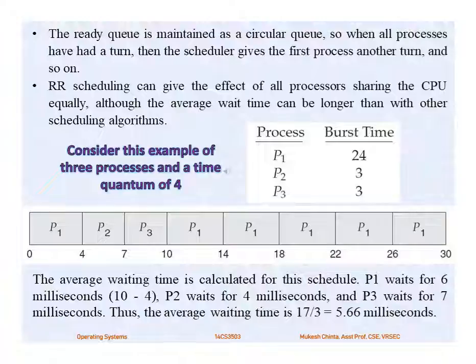So 7 plus 3 is 10, and the remaining process is P1, whose burst time is 24. That's why only 4 milliseconds are executed. After that the remaining burst time is